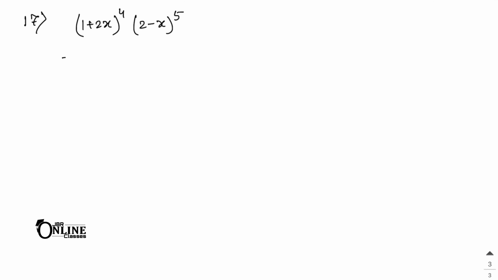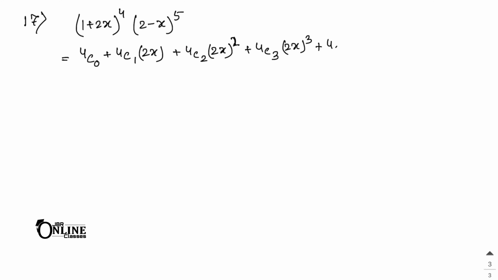First you have to expand this one by binomial theorem, and here for the first expansion, that means (1 plus 2x), that will be here 4c0, then 1 to the power 4 means 1, and (2x) to the power 0, that means also 1. Now next one, 4c1, here 1 cube means 1, and you can write down only 2x here. Next one, 4c2, then here (2x) to the power 2, not 1, 1 is here. Next one, here 4c3, it will be (2x) to the power 3, and last one will be 4c4, and here (2x) to the power 4. So that is the first expansion.